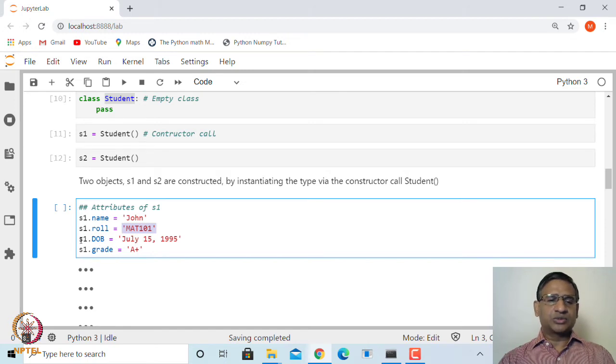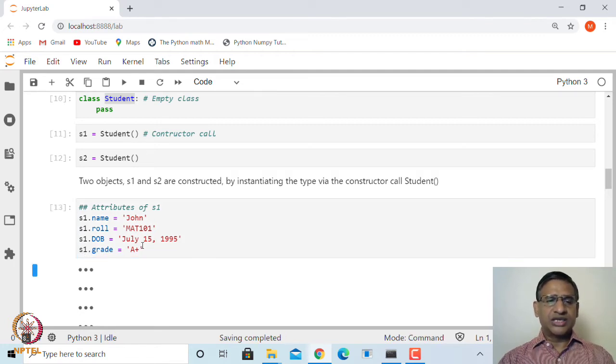Similarly, we can create the date of birth as S1 dot DOB, which is 15th July 1995. We can also create another attribute grade as S1 dot grade. Let me run all these. Now you have created four attributes for S1, which are name, roll number, date of birth and grade.